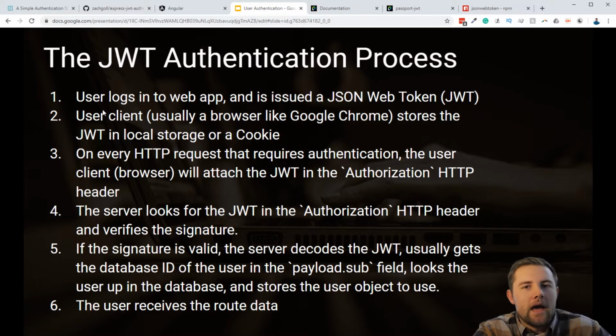But anyways, what happens is a user is going to log into a web app. So we'll assume that they're already registered and stored in the database. Our application is going to go through the basic password verification process. I talked about that in the session-based authentication or the Passport local video. But basically all we're doing is taking the username that the user is going to log in with. We look up that user in the database,